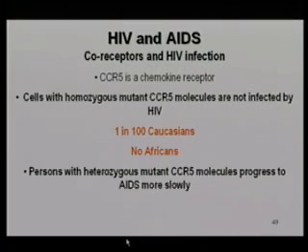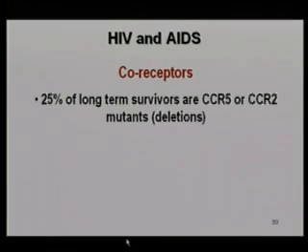Now, people who are heterozygous mutants for this, and there are some African Americans who appear to have heterozygous mutants for this, they get AIDS more slowly. You have no idea why, because their wild-type receptors should be able to bind in this association with CD4, but it seems they do get infected, but it's a slower progression of the disease. So 25% of the long-term survivors are people who have deletions in chemokine receptors. There are other people who don't appear to have these deletions. We don't know why. But possibly other co-receptors are involved.